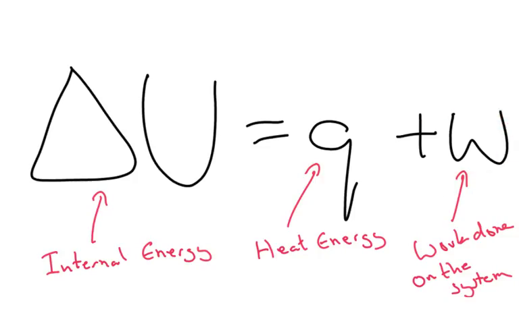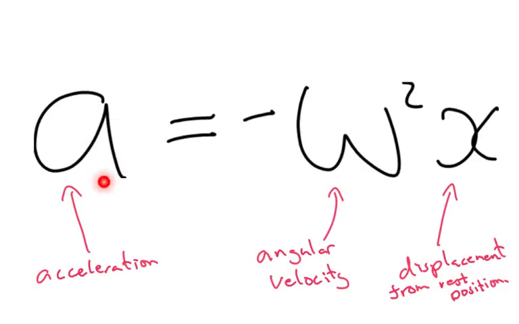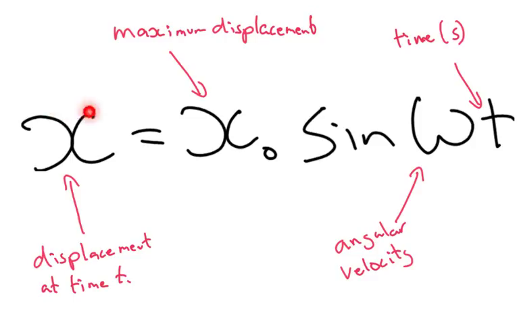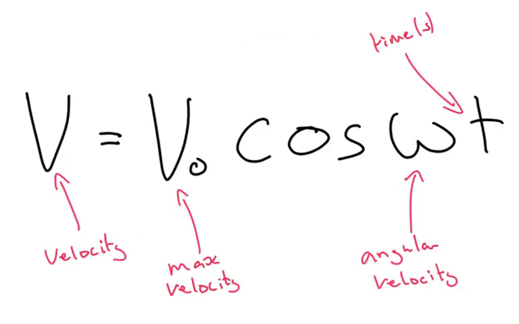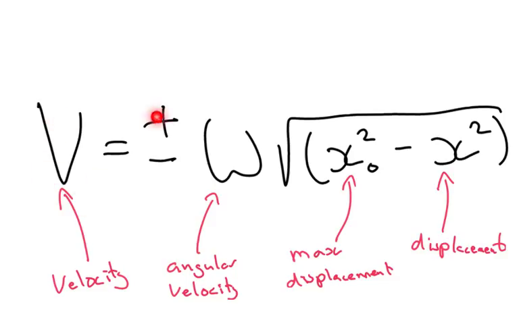Acceleration is equal to minus the angular velocity squared times the displacement from the rest position. Displacement at time t is equal to the maximum displacement times the sine of the angular velocity times time. Velocity is equal to the maximum velocity times the cos of angular velocity times time. Velocity is equal to plus or minus the angular velocity times the square root of the maximum displacement squared minus displacement